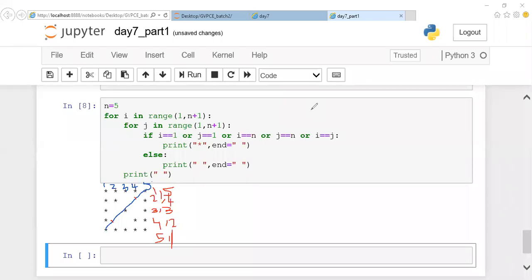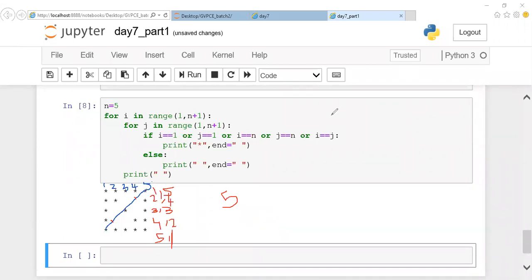Okay, i is equal to n minus j. If you are taking n minus j, your n is 5 and j is 5, so 0.